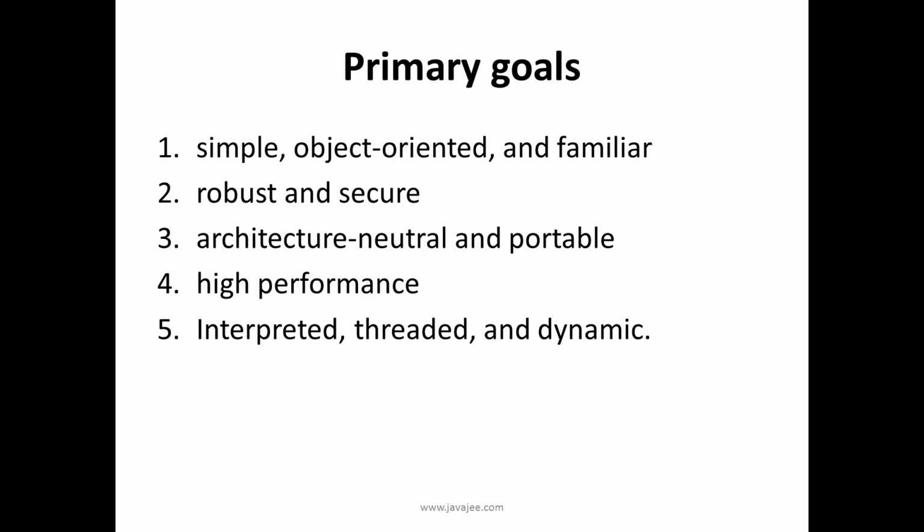There were five primary goals in the design of the Java programming language. 1. It must be simple, object-oriented, and familiar. Java followed the object-oriented paradigm and the familiar syntax of C++. However, Java was made more simple by introducing features such as automatic memory management and taking away some complicated features that allowed direct access to memory, such as pointers and all.